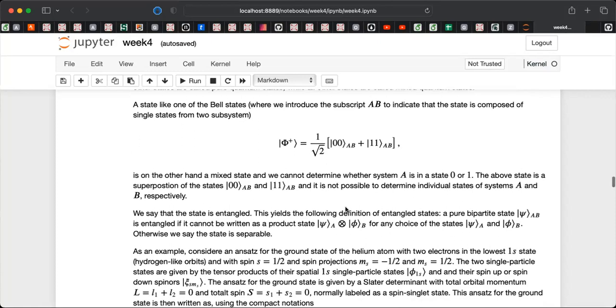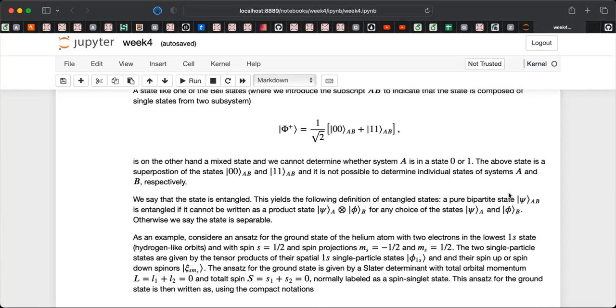And it is not possible to determine individual states of system A and system B respectively. And that's when we say that the system is entangled. Another example which many of you may have encountered in courses in quantum mechanics is, for instance, a simple system